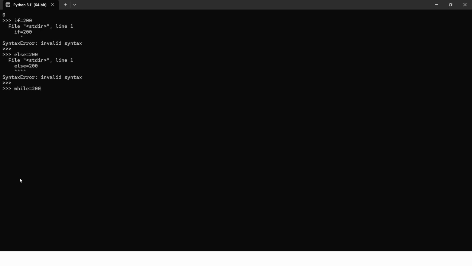For example, if is a keyword in Python, and if I try to store if is equal to 200, it will give an error. Similarly, else is also a keyword, and storing it gives an error. While is also a keyword, while is equal to 200.